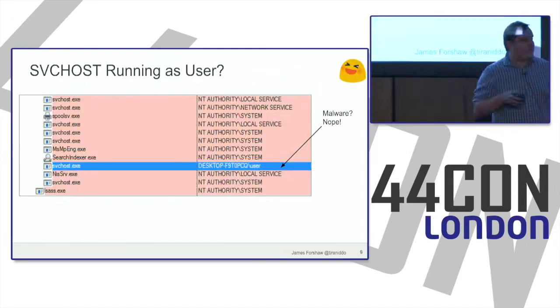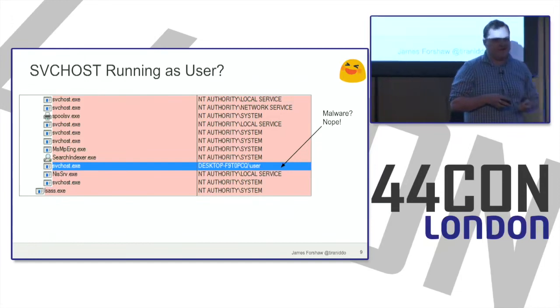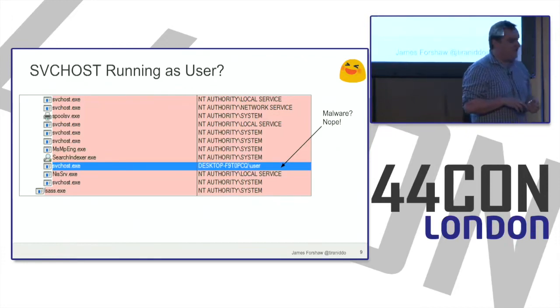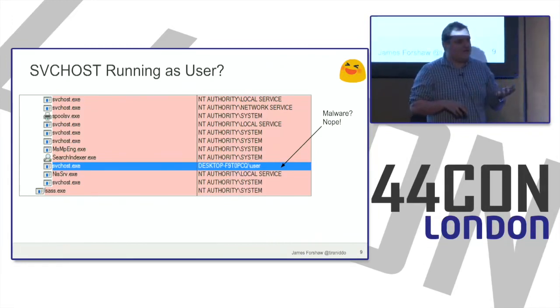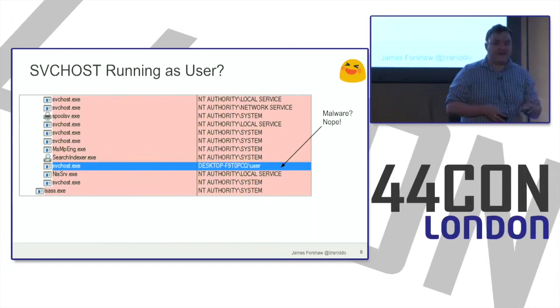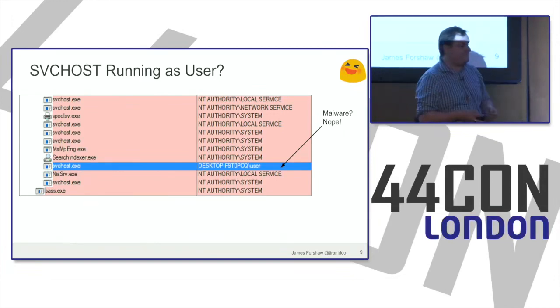sometimes things surprise you. So it turns out that I was playing around with Windows 10, and I saw this in Process Explorer. Okay, that's a bit odd. SVC host running as a normal user. That's a very strange thing to see. You only see that with malware where they're pretending to be SVC host. They're not actually SVC host. So I thought that's very odd. But it turns out it is actually a Windows 10 feature. You can register a service as a user-level service, and it will spawn a copy of SVC host as a normal user account. Wow. So if you see that, it may be malware, it may not be. Who knows?